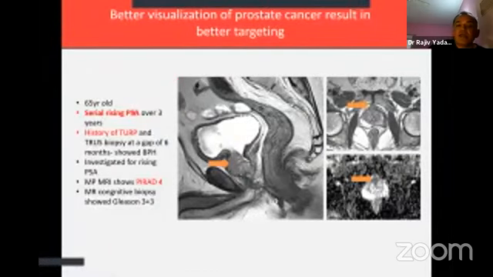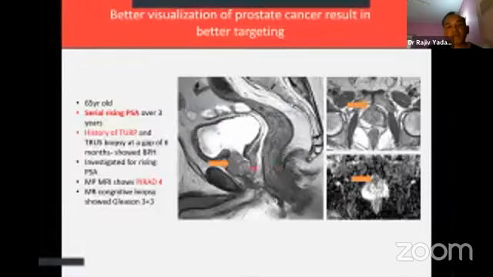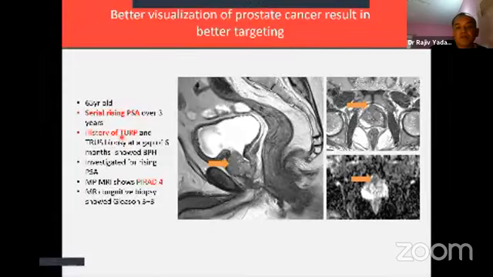What he otherwise underwent was a TURP, because some urologist friend or maybe a surgeon friend in his hometown told him, why don't we do a TURP and we will have the biopsy? And you know what? He underwent a TURP, it was benign, but the PSA was still rising, and then he comes back. We got a plain MRI, and what we saw here is,